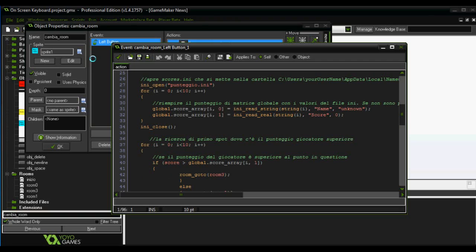You need to open your ini, open, and the name of the ini from the first room. You need another second for, and you need this code, global score. You need to open again your global score array, and now